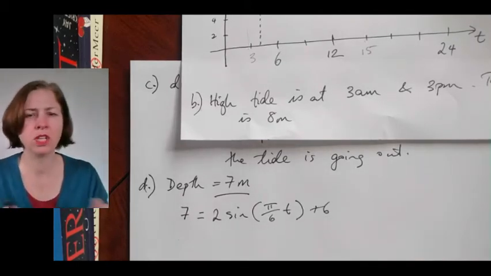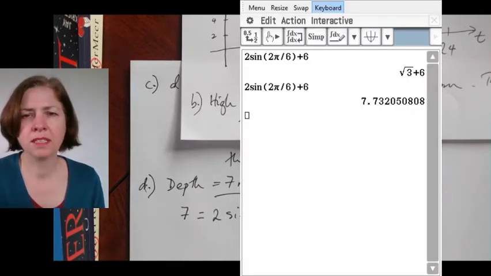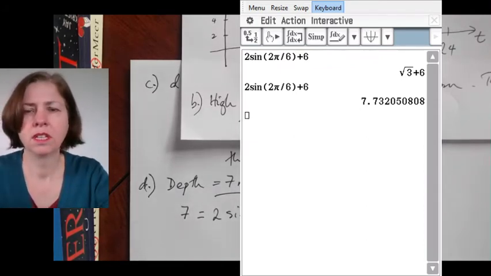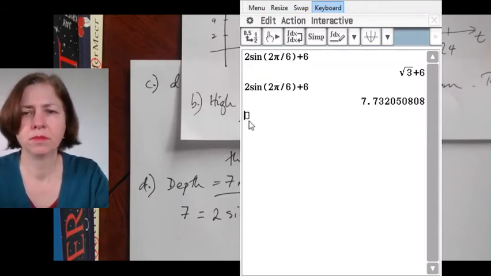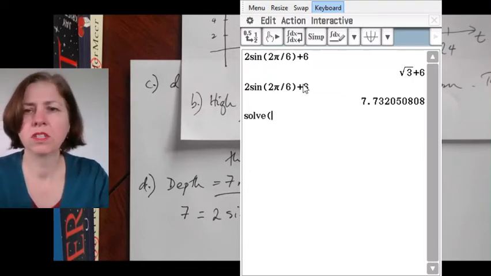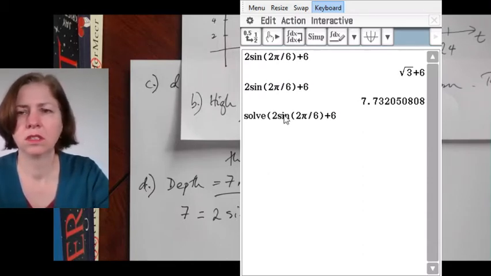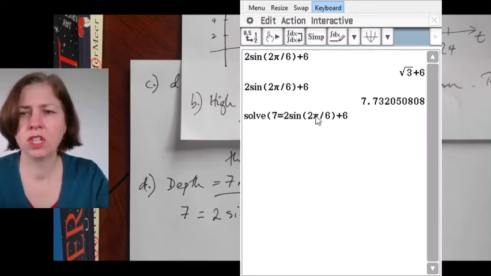And once again, I'm going to use my CAS to do that. So let's bring up CAS. Come back, CAS. There you are. I'm going to do a solve. Oh, I need to flick. There we go. And I'm solving 7. Well, let's copy this down actually. And I want 7 equals this. And I'm going to change